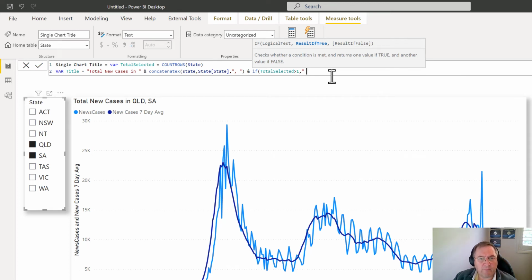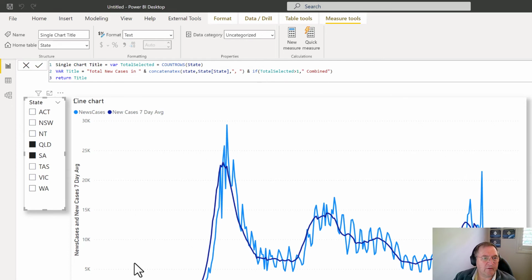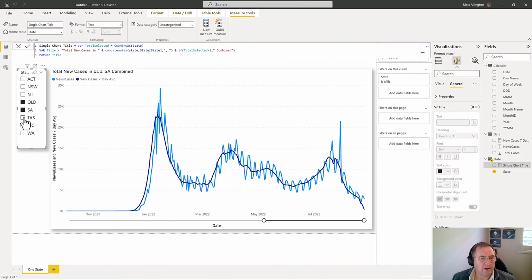space combined. Otherwise, I want to leave it blank. Find a variable, and I've got to return the title. Okay, so when I've got